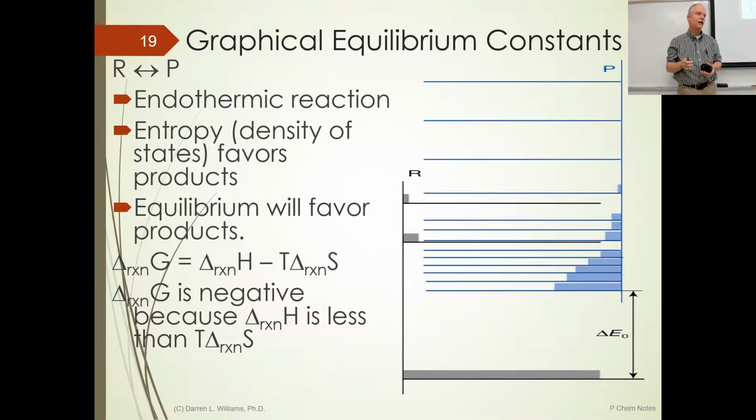Look at this example. The density of states has an enormous impact on this one. We still have an endothermic reaction, but because the products have so many energy levels, statistically they're going to be favored. So we do the Boltzmann factor here. So we have this big probability of being in the ground state. Then the next probability is in a product. The next one's a product. The next one's a product, product, product. Then we get a reactant, then more products, then another reactant, then more products. And if we take all of these and sum them together and do products over reactants, we actually see that the products are favored. And so this would be an equilibrium constant that's greater than 1.